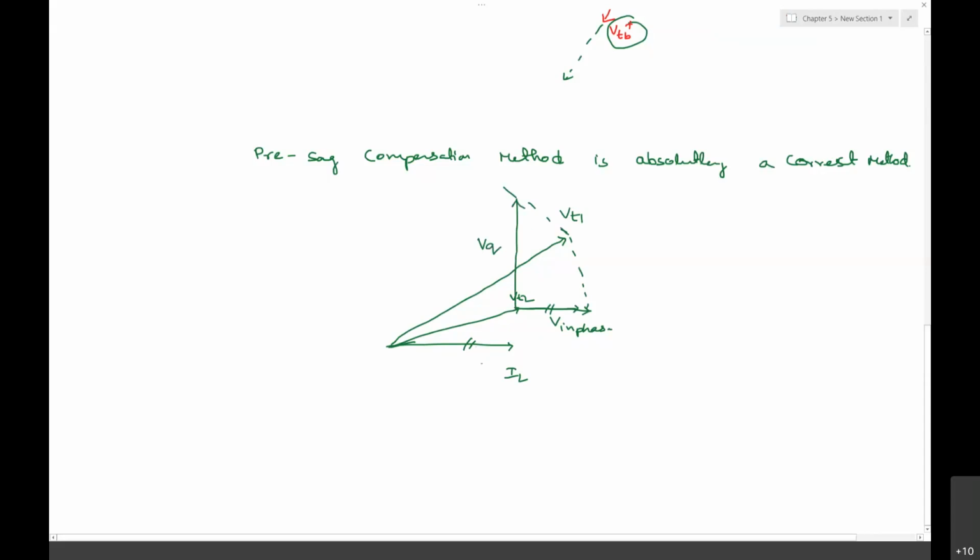In all these cases, the IL phasor is same only. But if the load voltage is attained to this voltage, that is the quadrature voltage, VLQ I can say, and this is the voltage of VLP I can say. In all this VLP and VLQ, they are fixing this current of IL at the same position.